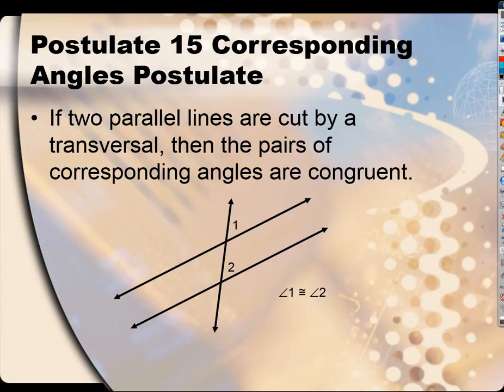The other way would be if I were to translate this line, and that's a word we haven't talked about this year yet, but you've probably used it in the past. What does translate mean in geometry? To move something, to slide it, but we're not going to rotate it or anything like that. All we're going to do is just move it in its current position. So if I were to translate the bottom line, if I were to slide it upward, we would all agree that those two angles would overlap perfectly, right? And so therefore they must be congruent. Okay, so that one we'll just accept.